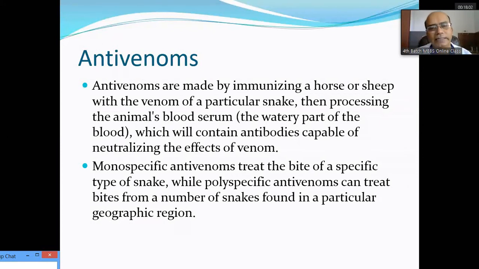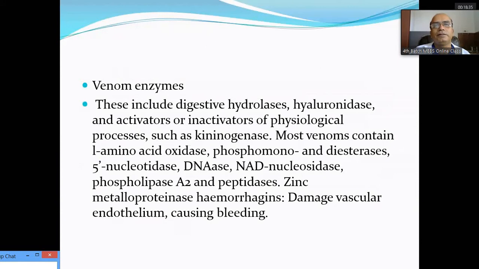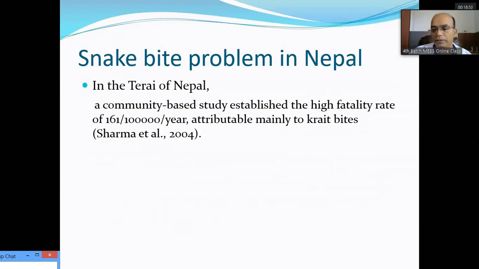You should be prepared for resuscitation in case the patient develops a severe hypersensitivity reaction with anti-snake venom. Now, this is a foreign protein, with many enzymes and proteins in the composition of this anti-snake venom. So this long list is difficult to remember. If you want to know in detail, you can go through these different types of protein enzymes which are composed in this venom. So in Nepal, this is one of the common